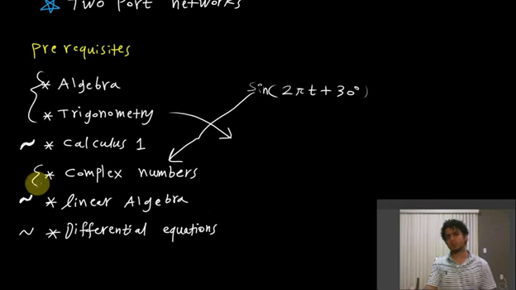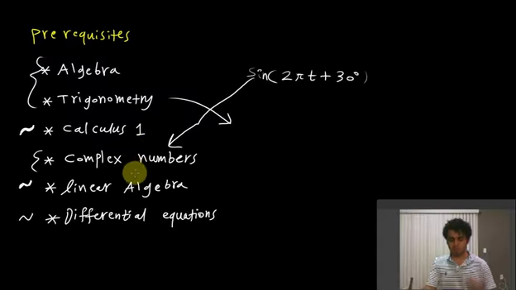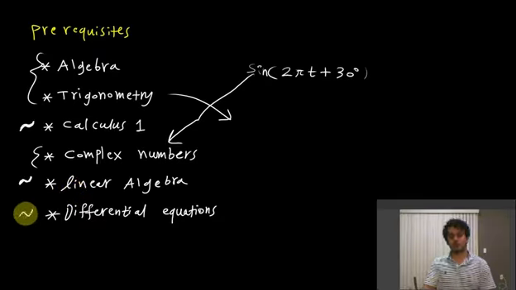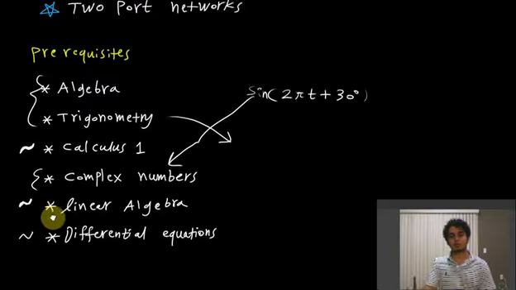In linear algebra, you should be able to do matrix manipulations, be able to determine the dimension after multiplication, for example, be able to multiply matrices, add matrices, subtract matrices, invert matrices, and know some of the fundamental properties of linear algebra. Differential equations are also sort of essential in the sense that as they apply to first order and second order circuits, you should be comfortable with knowing how to set up the circuits and how to come up with the solutions to the circuits, or be able to guess at least what form the solution will take. So these are the basics here,